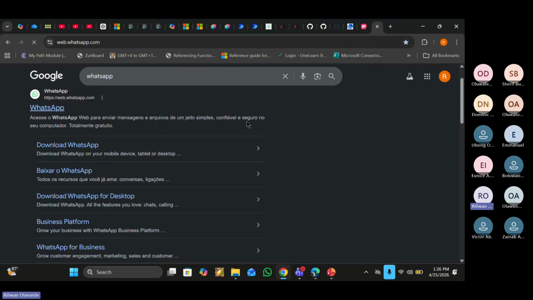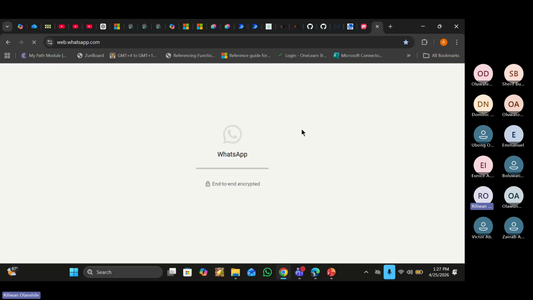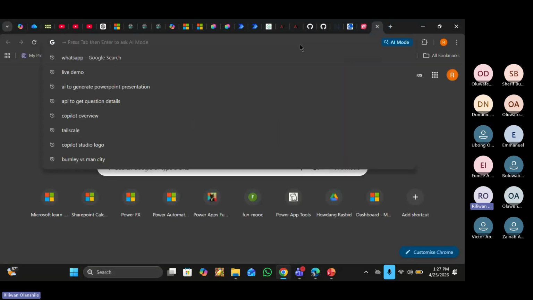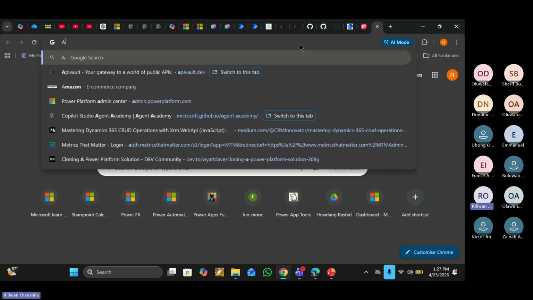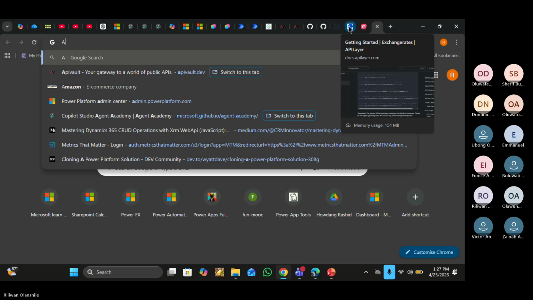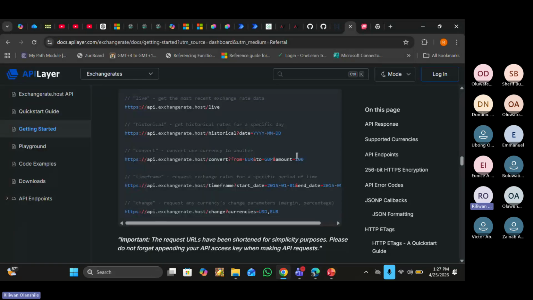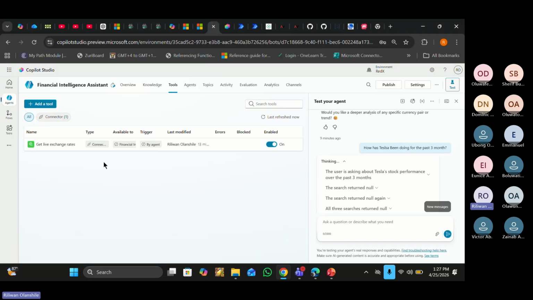Do you understand? So the first thing I will do is come to WhatsApp. I will go to the site for WhatsApp, look at their developer information, and look at the endpoints that they have exposed, similar to this. Do you understand? They will definitely have something like this, because WhatsApp will not just build their platform to be used internally alone. No, they are also using APIs to do some of the things that you want. So the first thing you do is check the platform you want to connect to. But first of all, check: do you have the connector in Power Platform already?